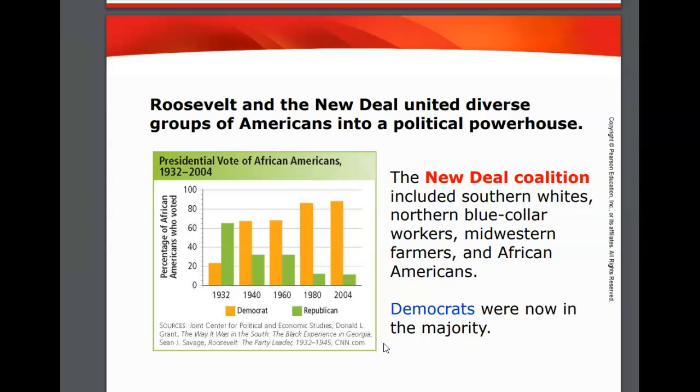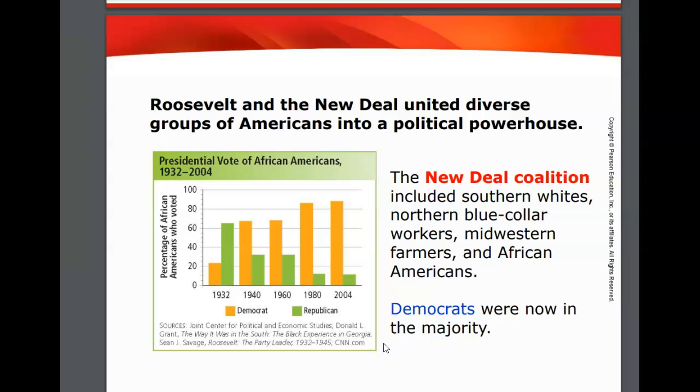And in this case, the word coalition, we're talking about a large group of people that have similar values politically and tend to vote similarly. Okay? And the coalition brought together here were Southern white voters, Northern blue-collar worker voters, farmers in the Midwest, so kind of our part of the country, and also African Americans. This group of people was the core of what was known as the New Deal Coalition.